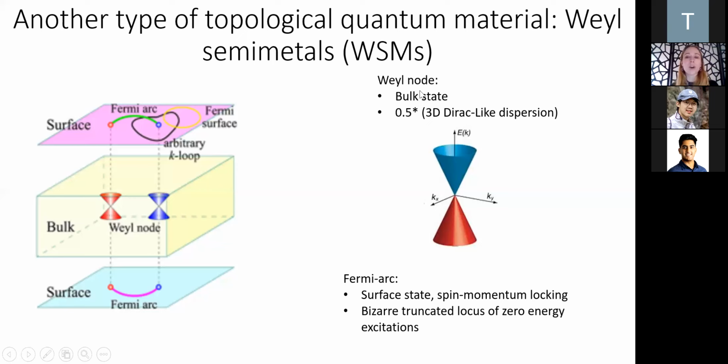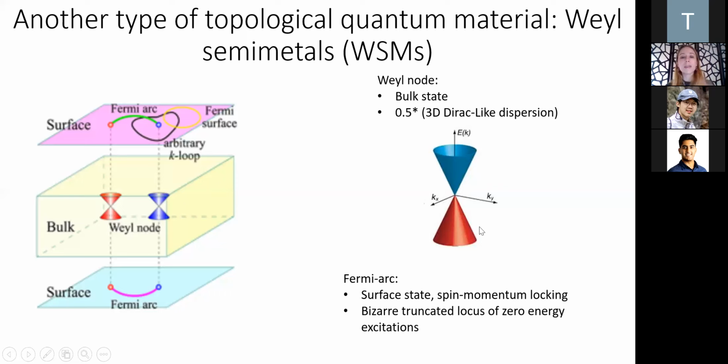I wish I didn't use the word Dirac here, but basically it is a picture where you have a conical structure, except it's a four-dimensional object. So instead of just Kx and Ky, you would also have Kz and energy. You would have this energy versus momentum being plotted in 4 dimensions. So a 3-dimensional object, but there's the energy axis as well.